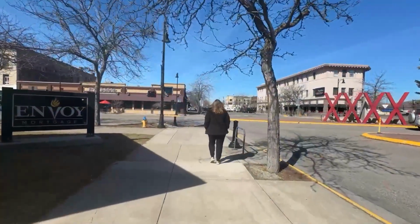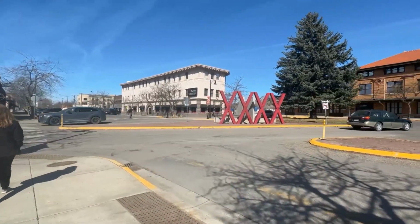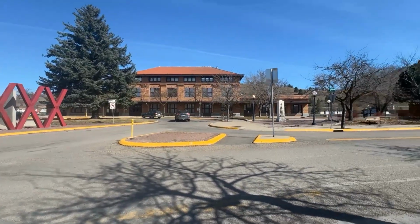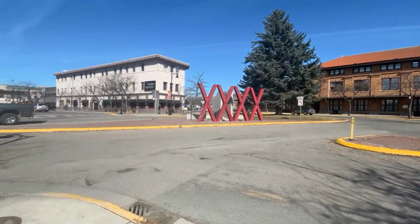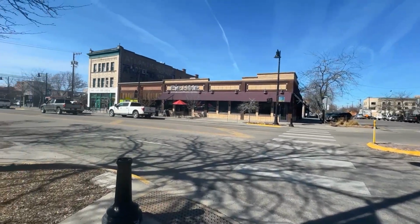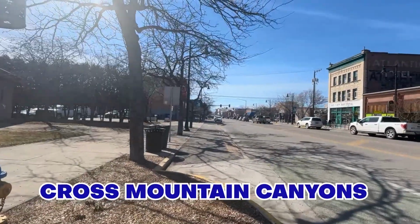Here's my daughter and business partner, Erica, walking towards the 4Xs. These bright red 4X sculptures in Circle Square have been Missoula's most visible and most talked about piece of public art since its installation in 1986. The 4 king-size metal Xs represent the railroad trestles that provide passages across mountain canyons. And we're going to look down here at